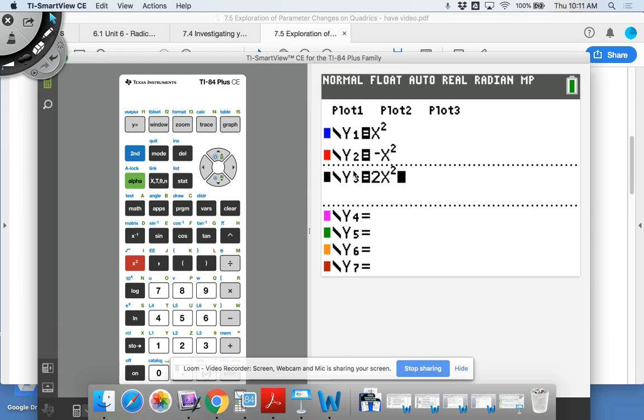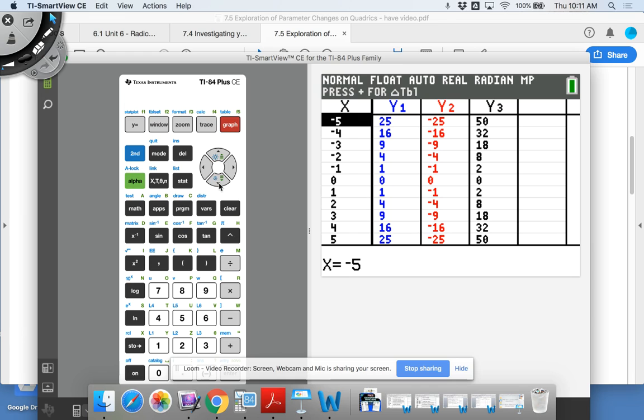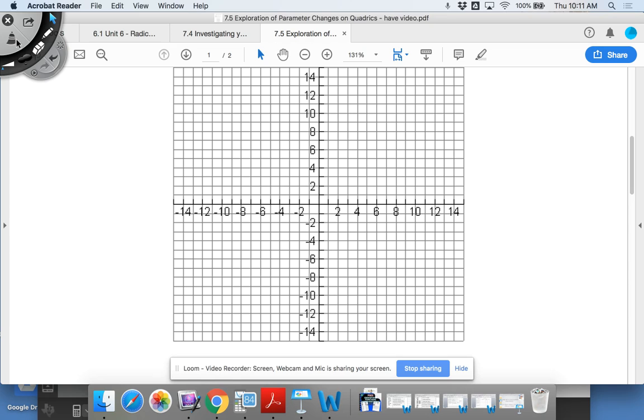And so we should know that having that 2 in front should make it vertically stretched or skinnier. So I look on the graph and it's true, it got skinnier. To see the actual ordered pairs though, I'm going to go second table. So I'm looking way over here at the black, so it would be 0, 0. So I can go graph